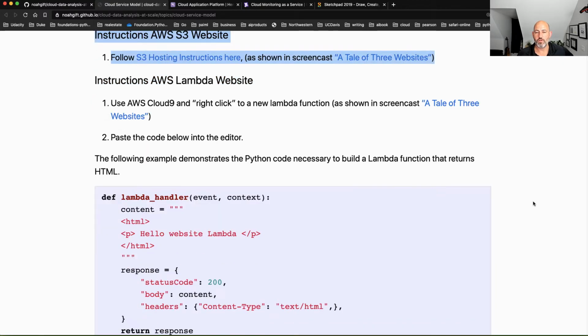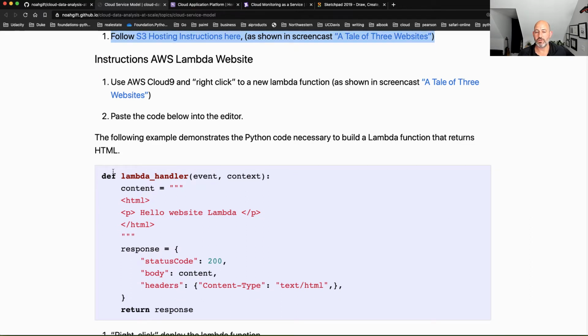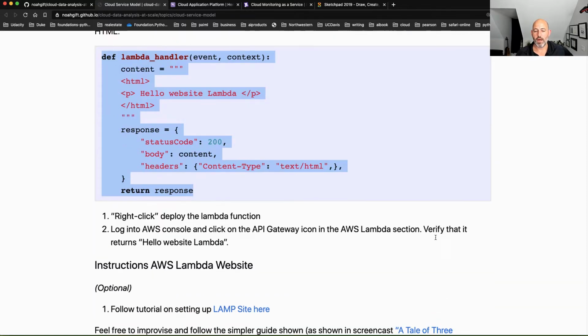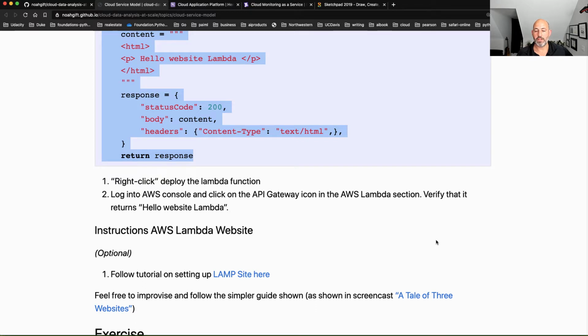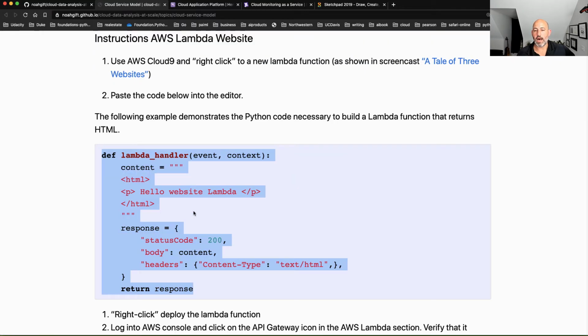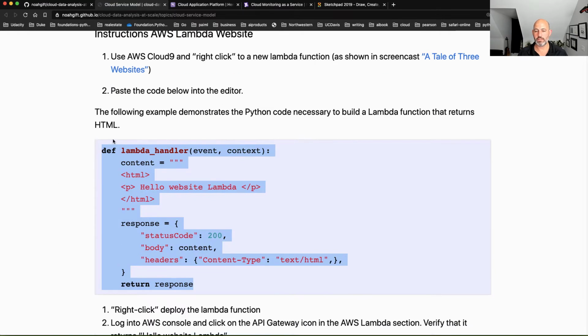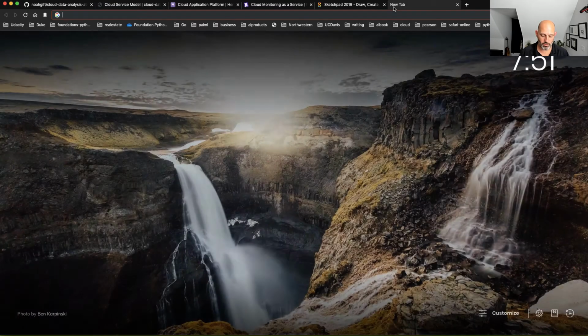Another way that you can build a website is you can literally just put a function together inside of Lambda and then serve that out. We'll actually run that in a second because it's pretty easy. The other one would be that you could deploy a virtual machine as well. I think this would be worthwhile going through and playing around with when you have some time on your own. But let's just run one of these. Let's see what a Lambda based website would look like.